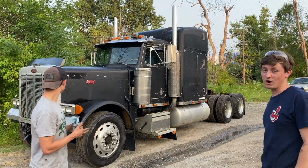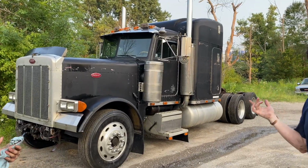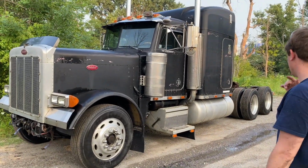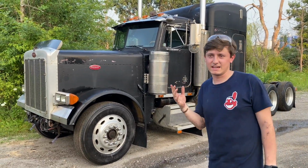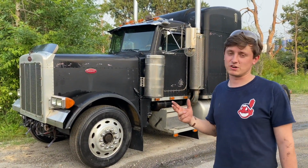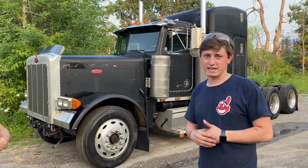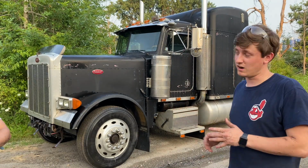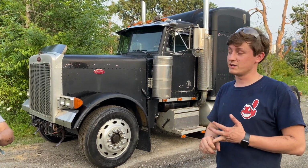This is our 91 Peterbilt 379. It's got an N14 and an 18 speed in it. Pretty factory truck is why we bought it. The guy, he was the second owner that we bought the truck from. He really didn't do anything to it. Was not a mechanical kind of guy. Took it everywhere. Truck's got a brand new transmission in it, brand new front rear end, brand new front